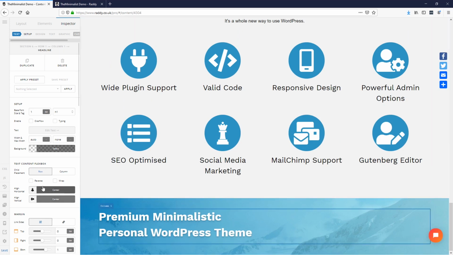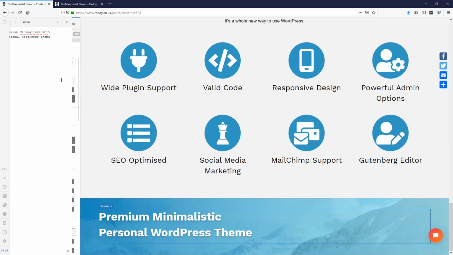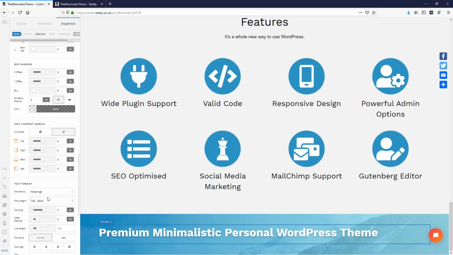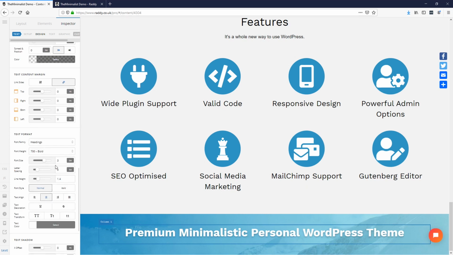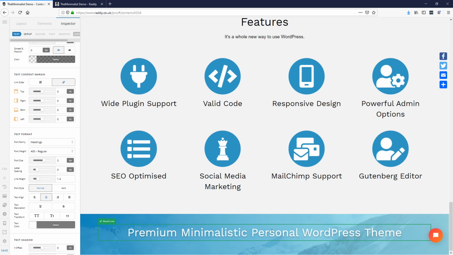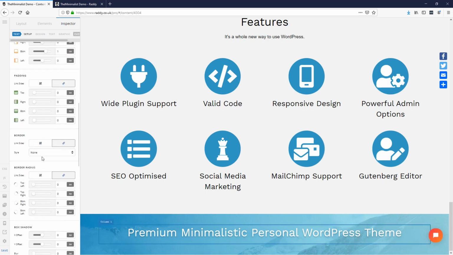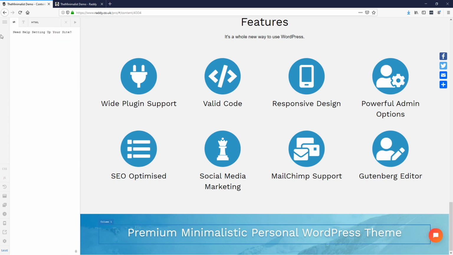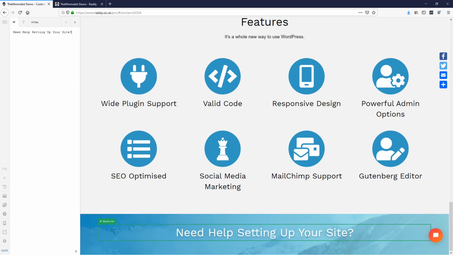Just make sure that I remove the BR from here, and I want to center align the text, and I also don't want it to be that bold. Something like this would do. Let's change the actual text. Need help setting up your website, your site, excuse me,